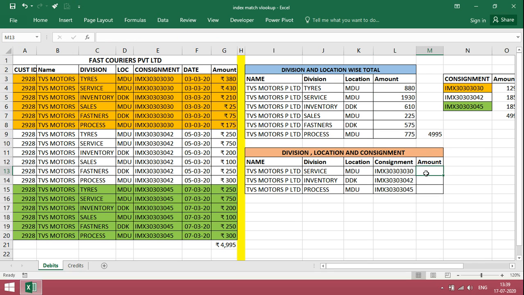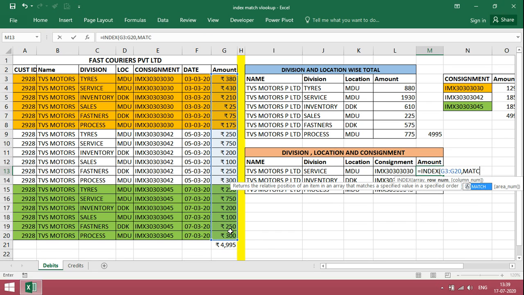There are three criteria. One is division and location. Main is consignment. For that just type equal to INDEX, give range, amount range, comma, MATCH, bracket open. First match should be there. Type 1, comma, bracket open, consignment, give reference, equal to, give reference